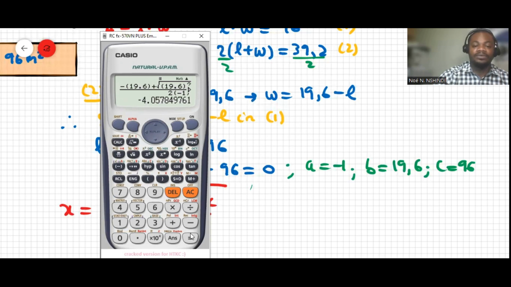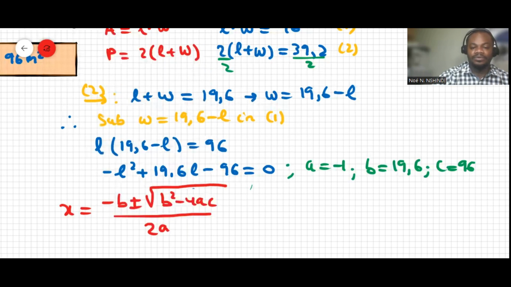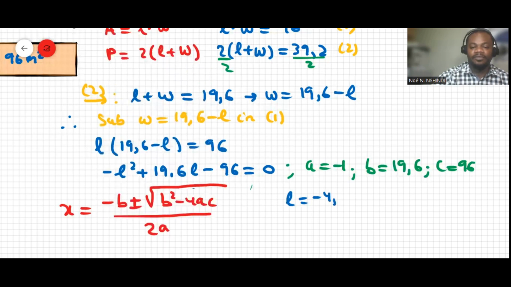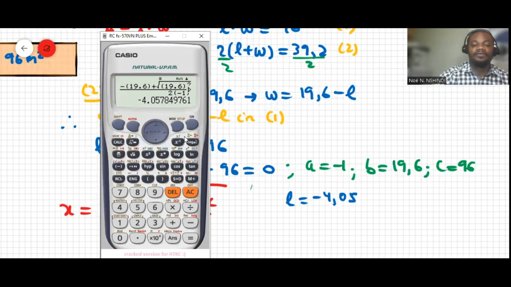And then when we hit equal, we got L equal to -4.05. And then if we work out with the negative also,